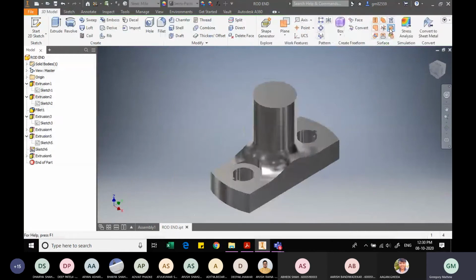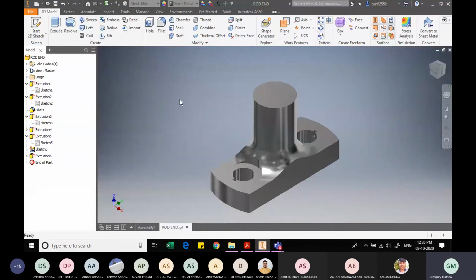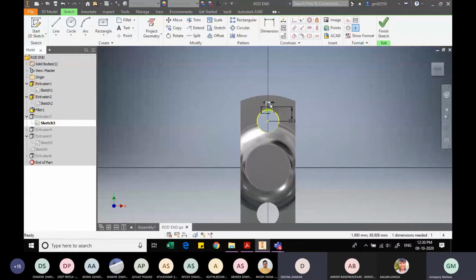Let's see if it has happened. Okay, wait. The overall width over here, let me go back. So this snug dimension should be 3, 4, and 7.